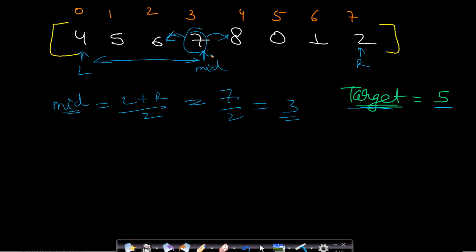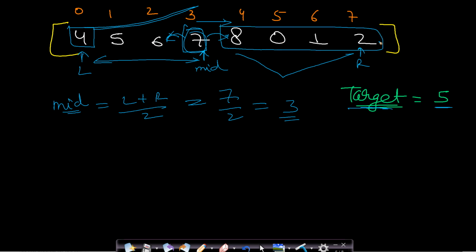We will decide it based on the uniformity of our graph. So on the left hand side you can see that the graph is strictly increasing, and on the right hand side the graph is decreasing, then it is increasing. So if there is any pivot element, then it should be present on the right hand side of this 7 and not on the left hand side. And how can you confirm it? You just need to compare it with the left value. So if the current mid value is greater than the left value, then this indicates that this is a strictly increasing graph. So since it is greater, this is strictly increasing, so we will look for the pivot element in the right subarray. So this 8 0 1 2 will be searched.